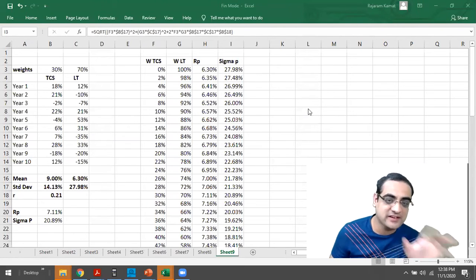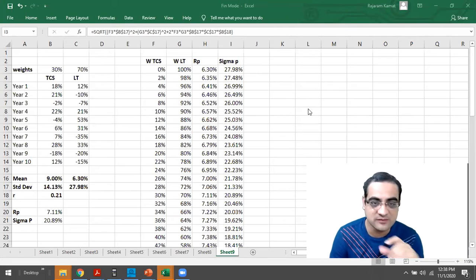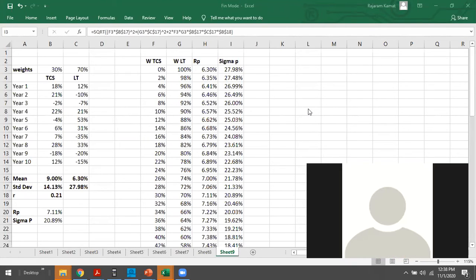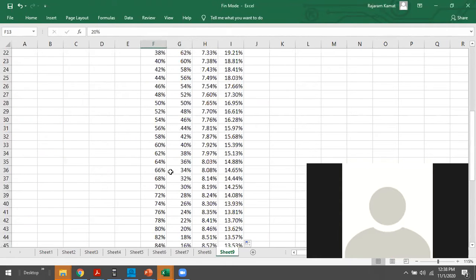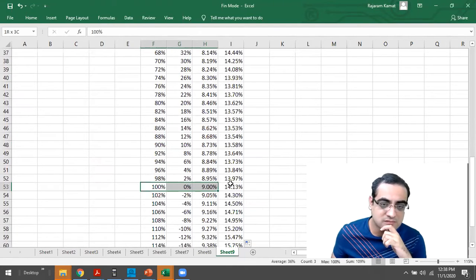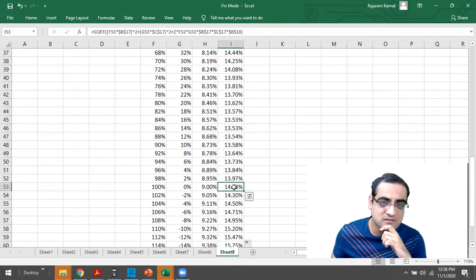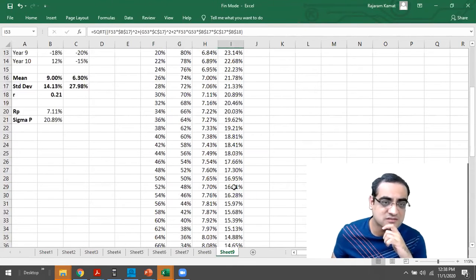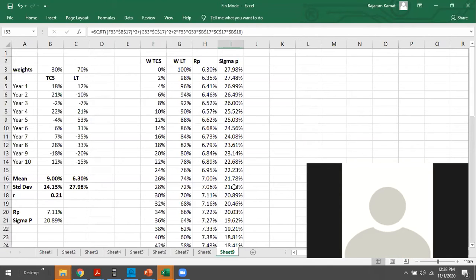Yes, Fravak. Any doubts in the method that we have followed till now? So, if you go to the bottom of that table where TCS is 100, L&T is 0, my numbers and your numbers don't match with regards to this one? Sigma P, 14.13. It's not matching yours. Oh no, it's matching now. You went into the minus one, and that's why I couldn't understand.